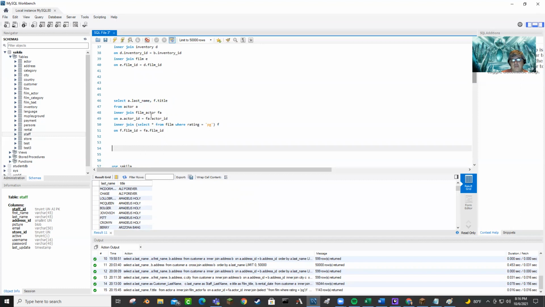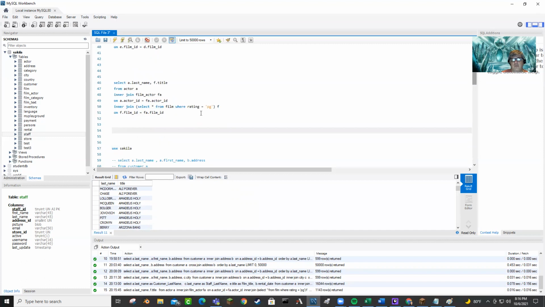So let me talk real quick about this film actor table situation. So we've got a table of all the actors who've been in movies we have to rent. We have a list of all the movies. There is more than one actor in a movie, and an actor can have been in multiple movies. So when we have those two tables, it becomes a many-to-many relationship. So there's many actors in many films, and many films have many actors. So we need to create what I call a bridge table that connects the two tables